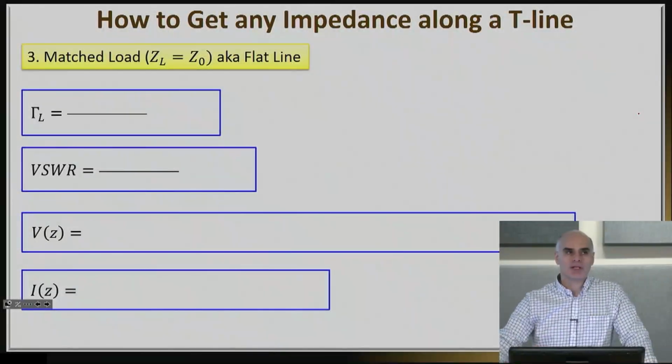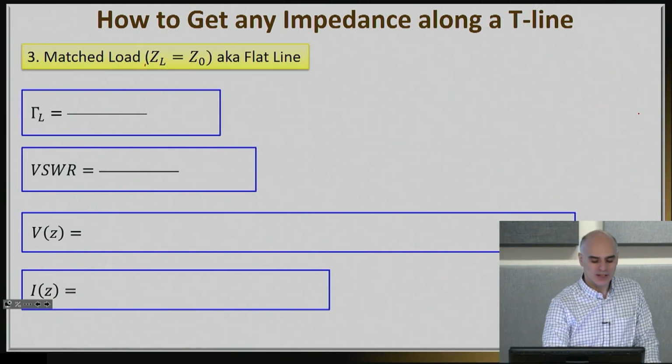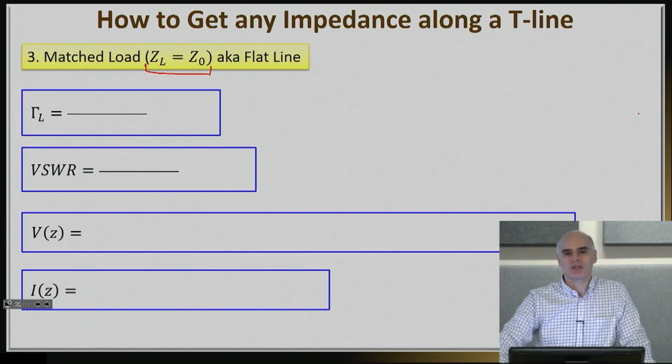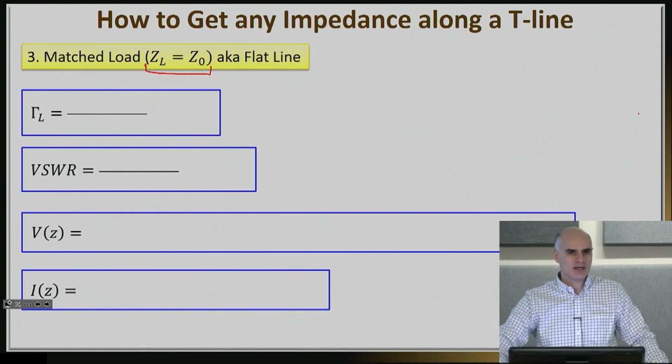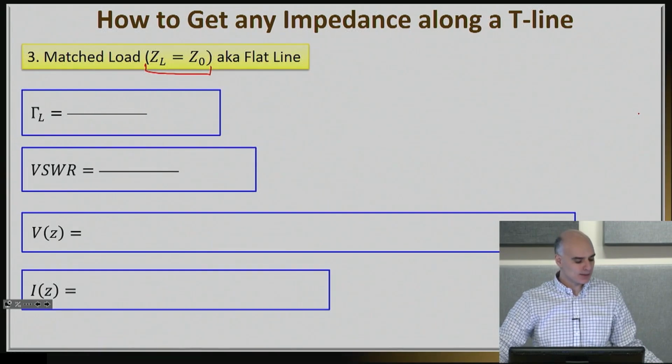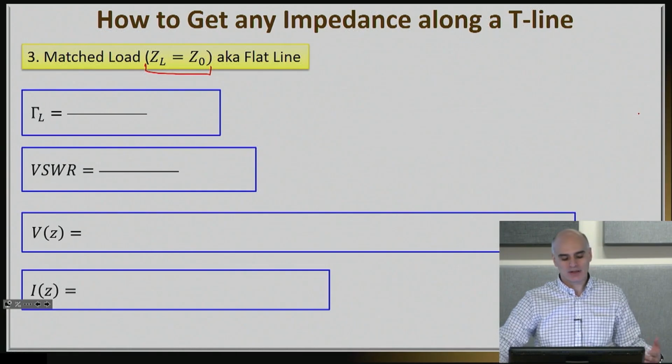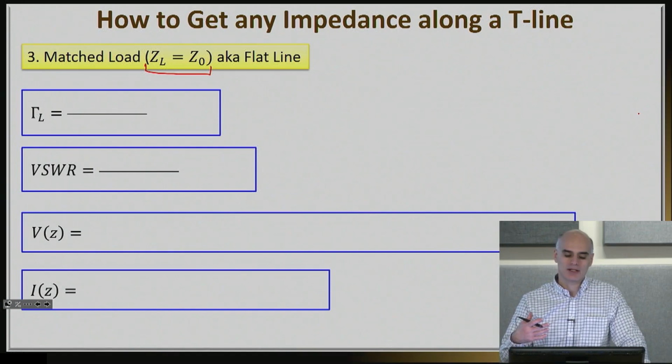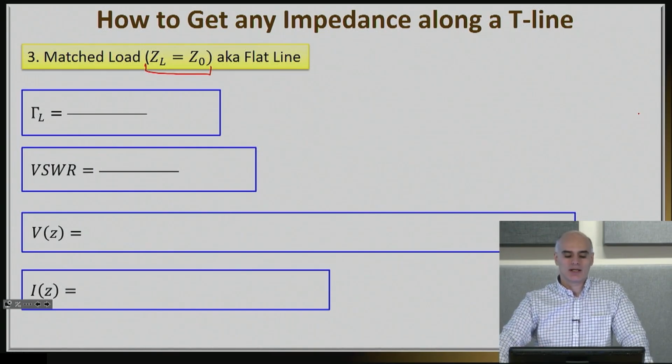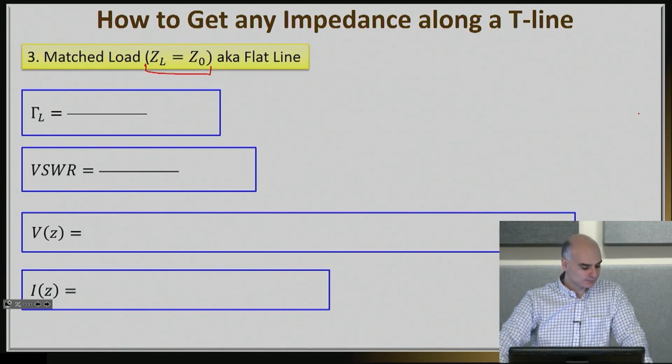Now, I do want to spend a few minutes looking at a flat, as we call it, transmission line. This is the case where my load, ZL, just happens to be equal to Z naught. In a lot of cases, this is actually a highly desired result, and we will call it a matched transmission line, or less often, we'll call it a flat transmission line. You will see this is a result out of the graphs that we will see in a second. But nevertheless, let's look at what happens when ZL is equal to Z naught.